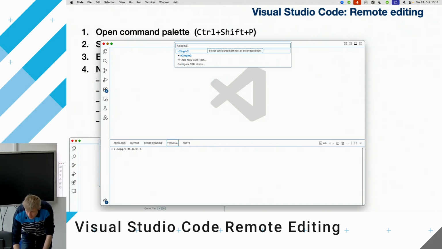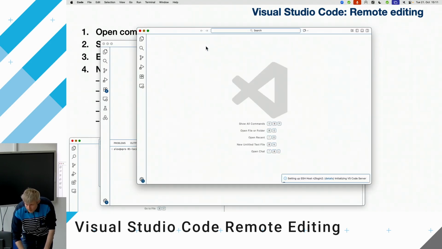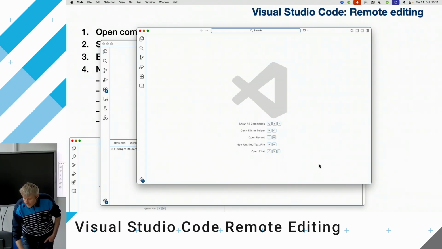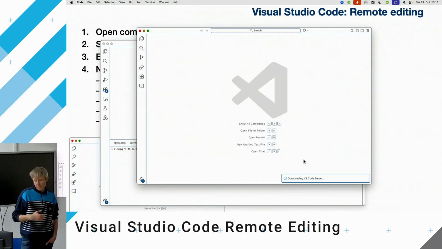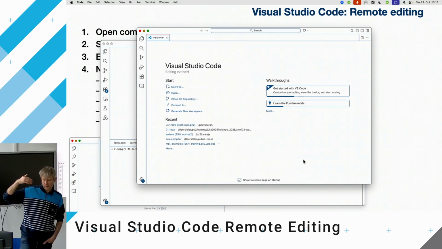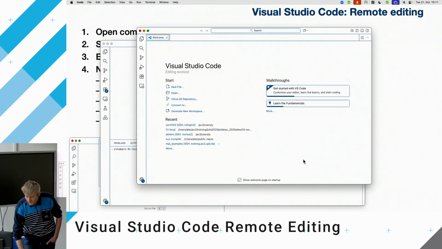In this case, I'm using the login node, and now it opens a new window, and this new window will then be the remote session. This is basically what is happening on the remote side, on the server, and you see there are some messages because it has to be set up first, has to be installed. This takes a little while because in the background it connected using SSH, and now